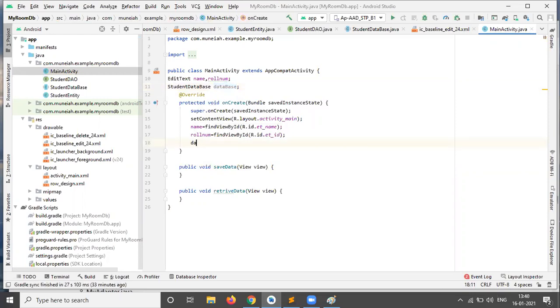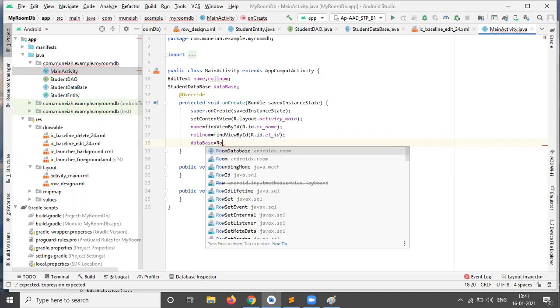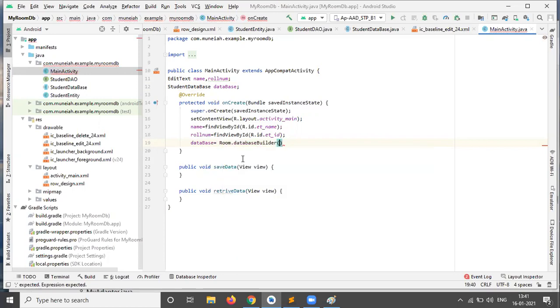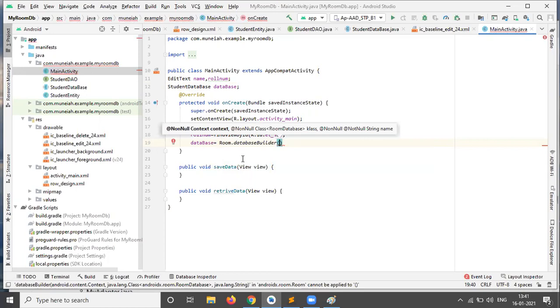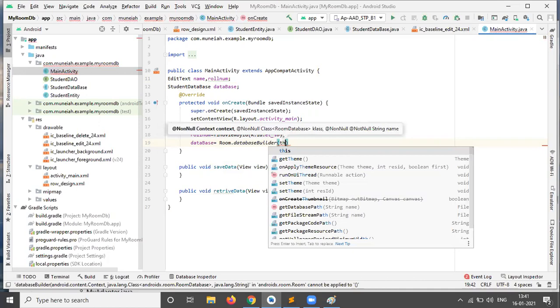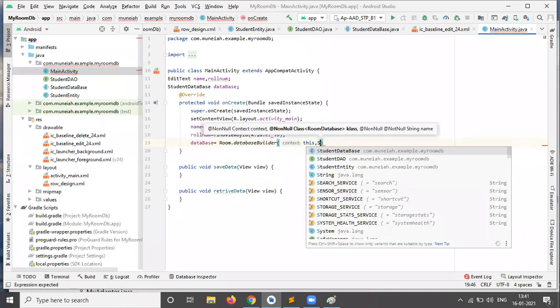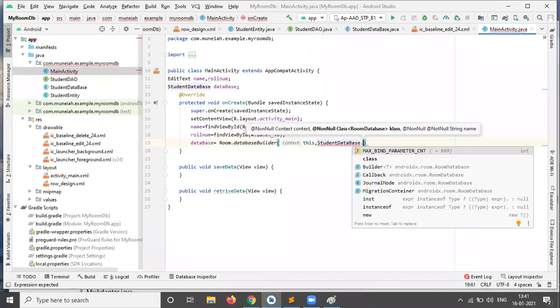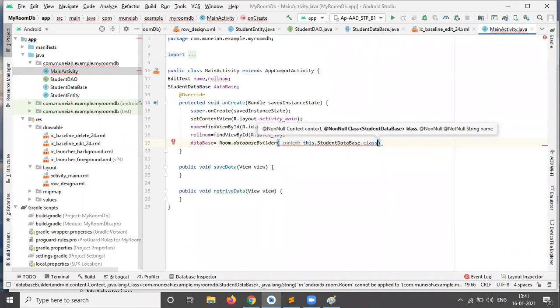In the onCreate method, I'm initializing that database equal to Room.databaseBuilder, with the context this, comma, the Room database class name StudentDatabase.class, comma, some string name, which I'm giving.